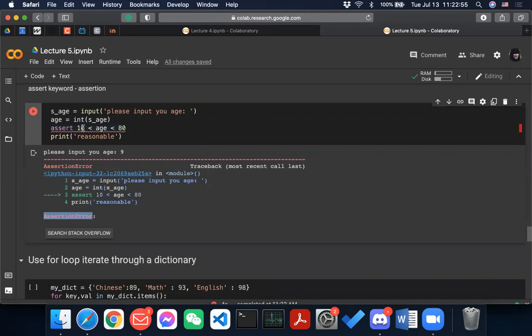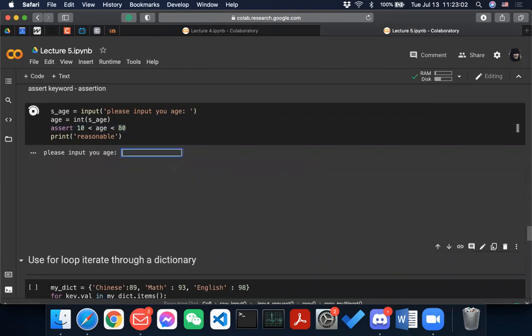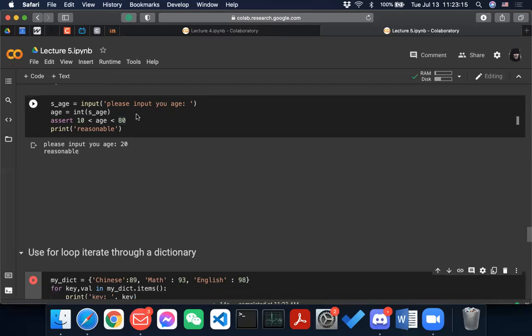When the assertion does not hold, it will give you an error. This is more used in terms of testing your code or just verifying user inputs. So in this case I will just put 20.